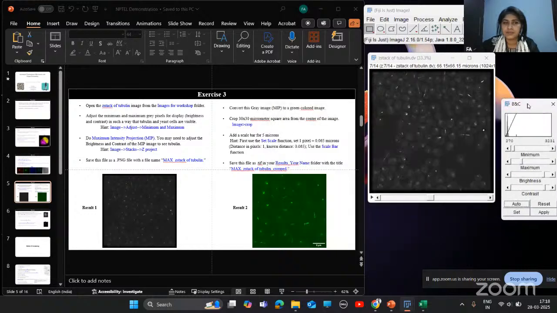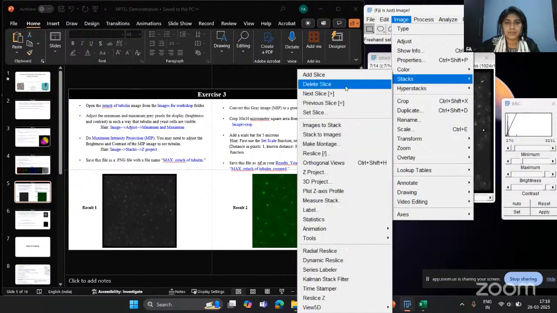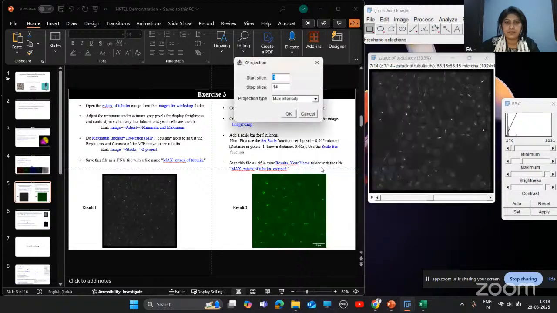Then the next step is maximum intensity projection. For this, you need to go to Image, Stacks, and Z Project. Here we'll take start slice 1, stop slice 14. And here we need to click maximum intensity, and then OK.